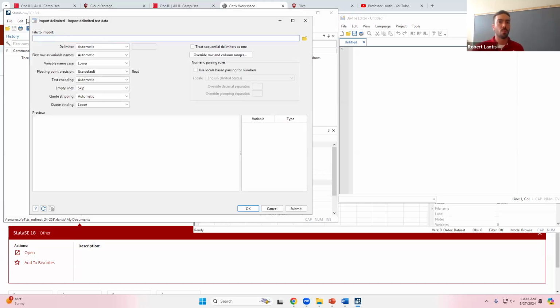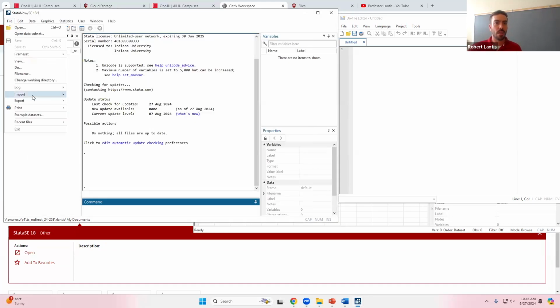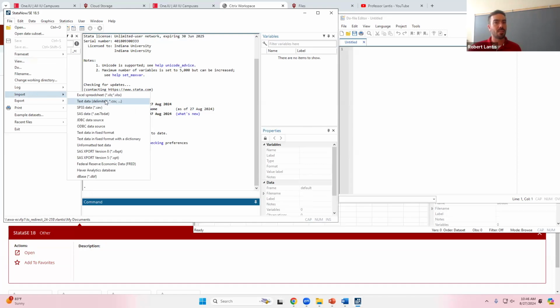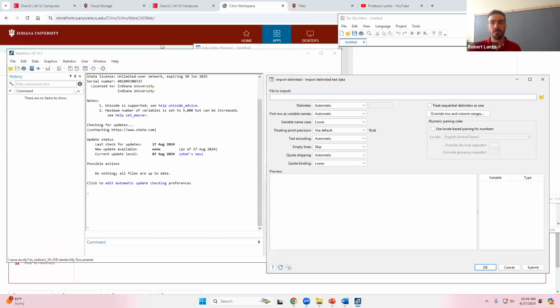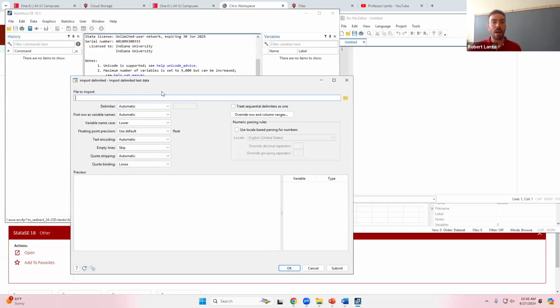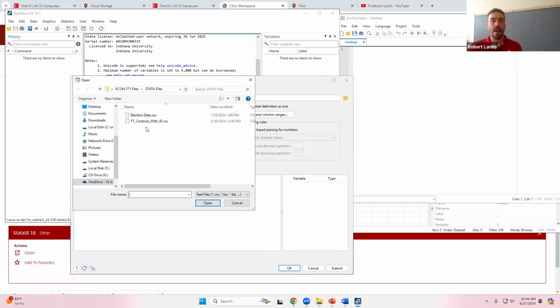All right, so I went to File, Import, and I clicked on this text data or .csv. I'm going to have to move this because it moved behind it. There we go. So I now have this little box. What file do I want to import? Well, I have this 371 folder with the data files. These should be the two. Let's